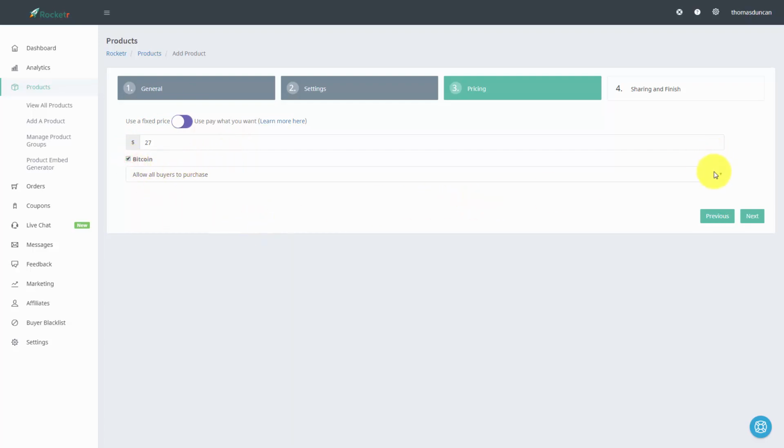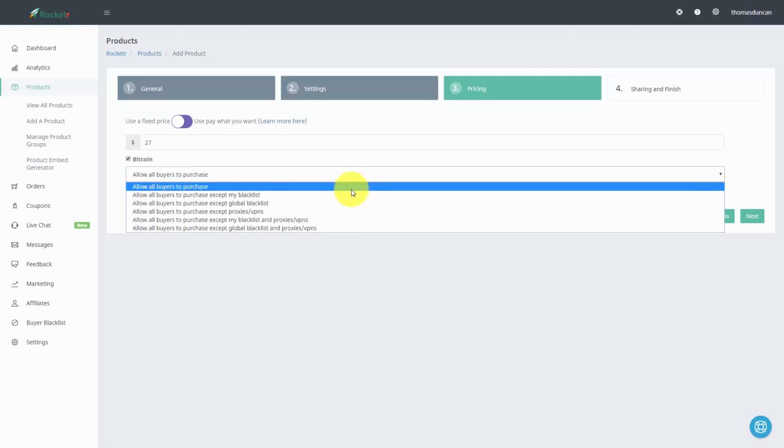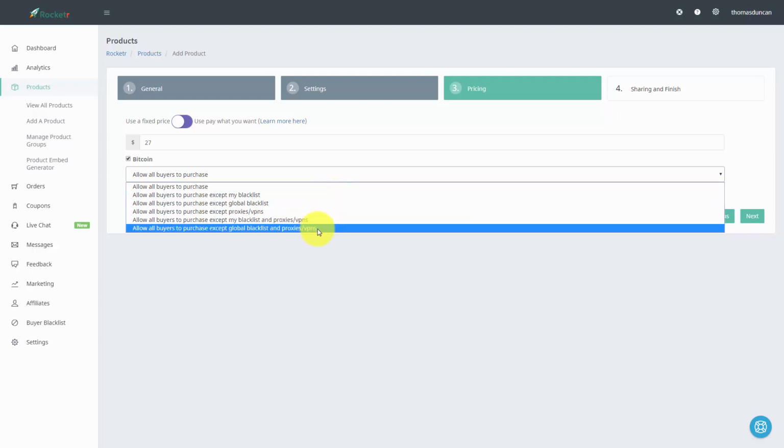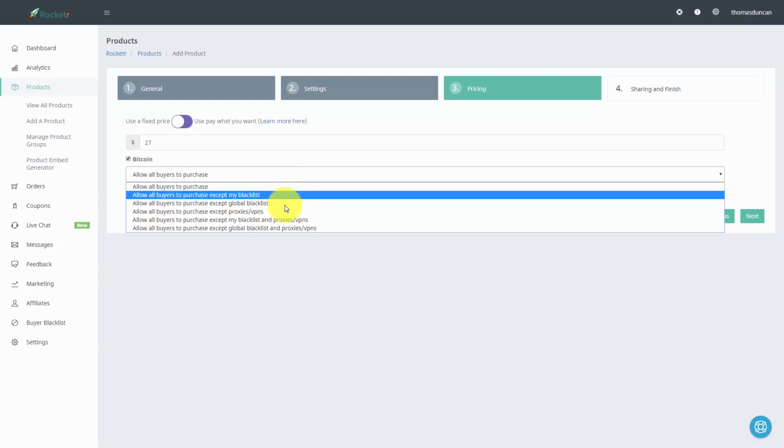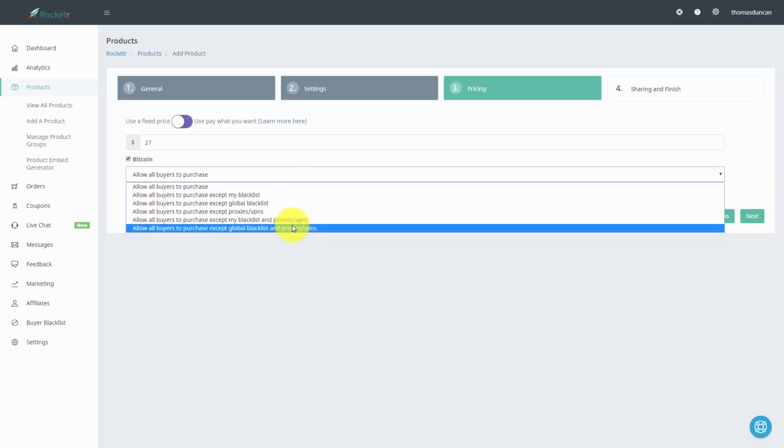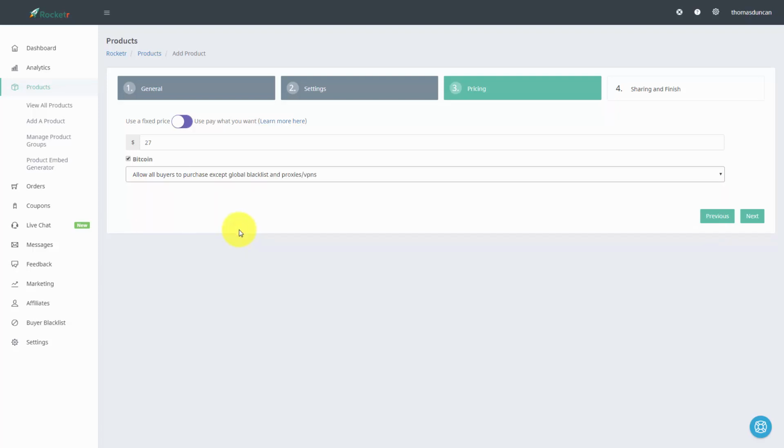And then we can use a couple of features here, and Rocketer will allow us to have everyone be able to purchase, with the exception of certain limitations. So we can limit people by our global blacklist, and anyone buying from a proxy, which typically indicates some kind of lack of trust, or we can allow all buyers to purchase. The most conservative way to allow people to purchase would be to not accept purchases from people on a global blacklist and proxies. So in this particular case, we're going to use the most conservative method,